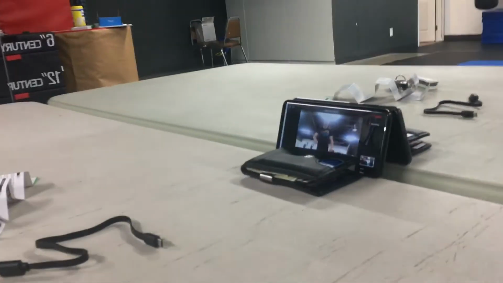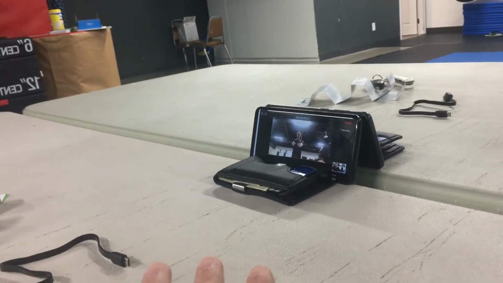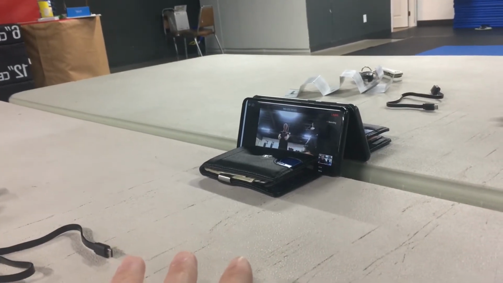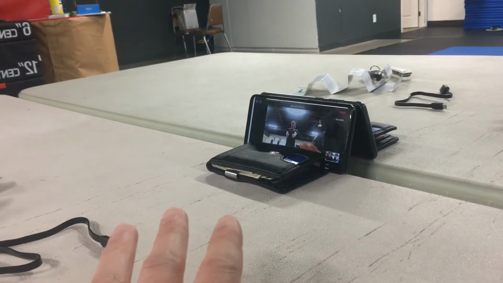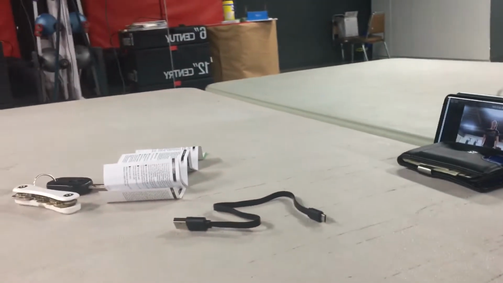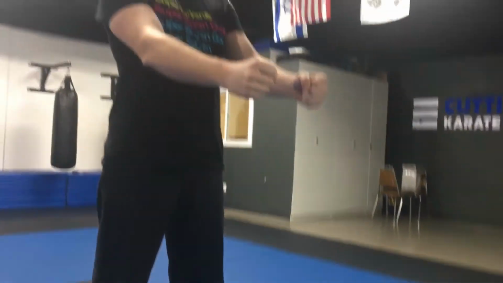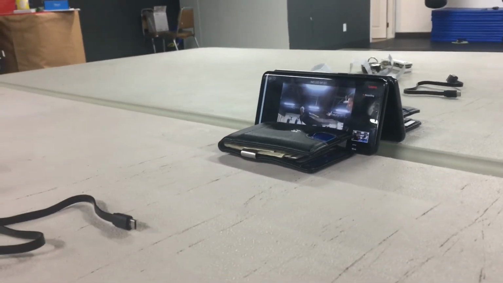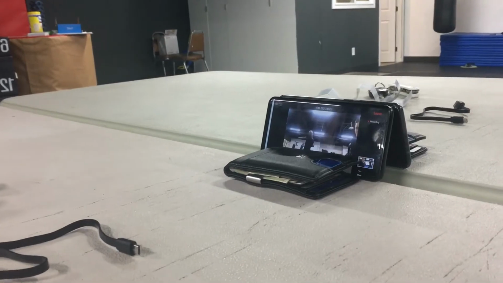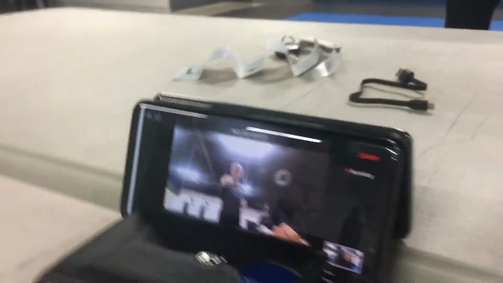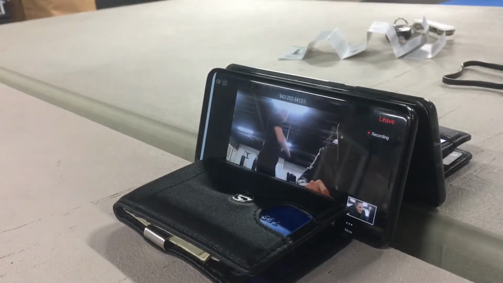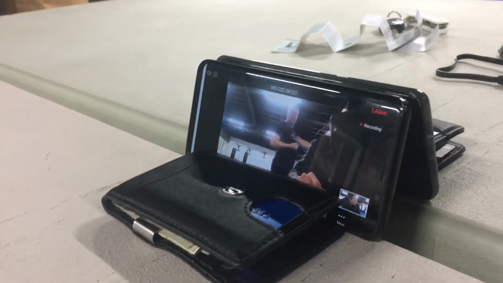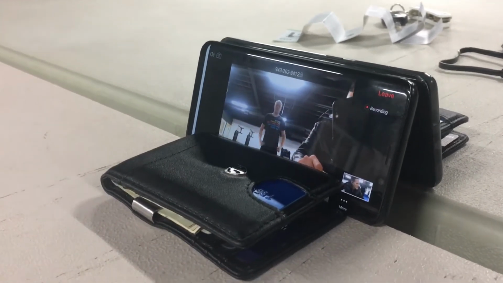So this is kind of how you'll set it up, right? You'll set it up over to the side like that. You'll set your phone, or your laptop, or your iPad up against something like that so that you can set yourself over like where Mr. Shaw is. Back up a little bit more, Mr. Shaw. Right there, right? So you back up a little bit so that we can see you actually do karate moves, right? So basic form number 1, ready, go. You can see he's going through his form, and we'll be able to see you do all of this. Oh, Mr. Shaw, get in a better front stance, come on, dude. Things like that, okay? So you'll set it up like that.